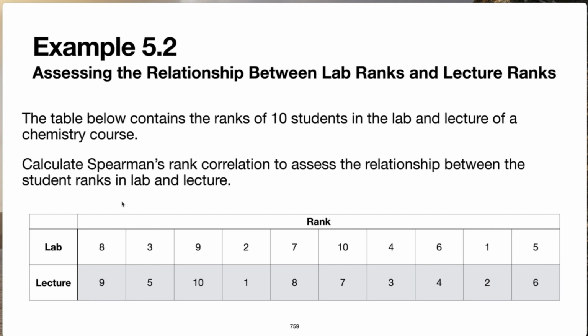So again, the columns correspond to the 10 students, and the rows correspond to the different assessments, in this case, the lab and the lecture components. And so we could consider the lab measurement to be X and the lecture to be Y, or vice versa. It really doesn't matter when we're talking about correlation, because we're really not thinking about trying to predict one from another. What we're doing is we've got two response variables. Instead of having a response and an explanatory variable, we have two response variables,